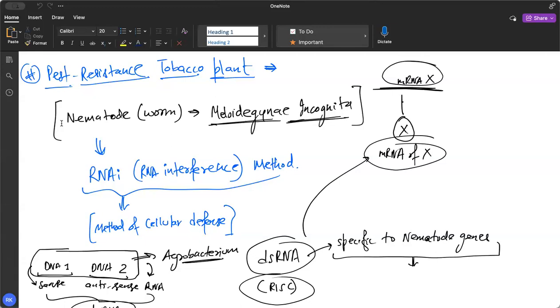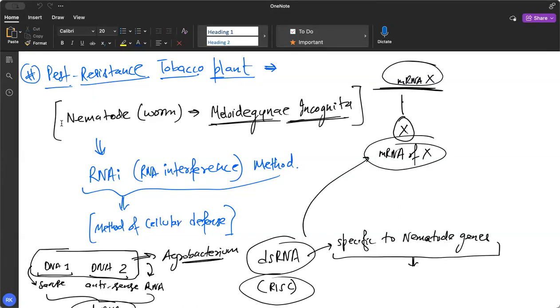Even if there are 10, there won't be just one gene that causes disease. The nematode might be secreting 10 different kinds of things. One is a toxin, another is something else. So how many will you target? And let's say we don't know which of the toxins produced by the nematode is causing the disease in tobacco. Maybe one toxin is affecting the root, the other toxin can do something else. But we know that